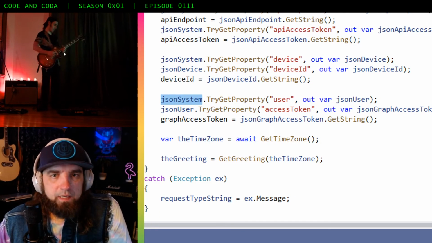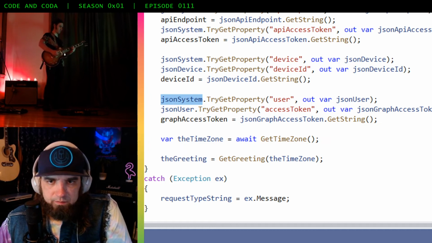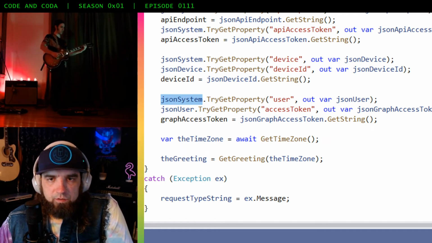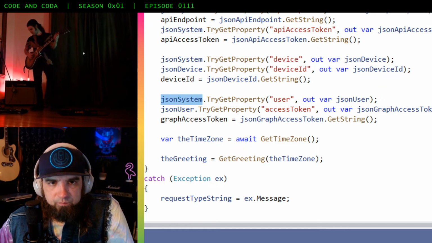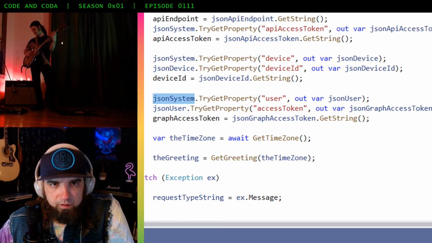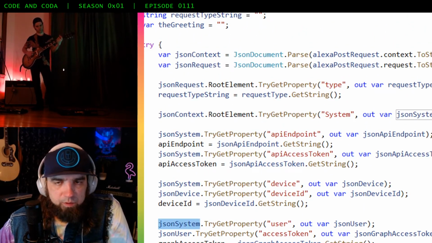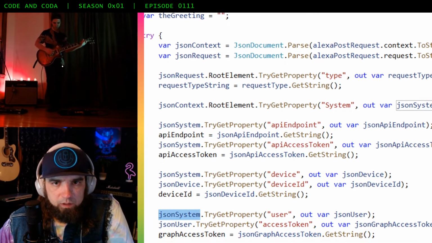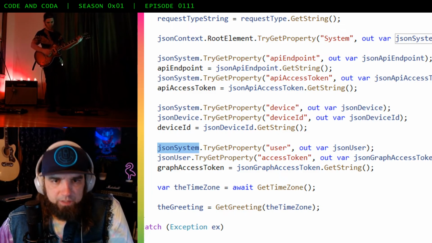what I'm doing is I'm getting the user property out of the system object, and then within the user object is another property called access token. So I'm getting both of those pieces of information. Remember, this all comes from our Alexa post request object that we've been working with. So we're just getting a few more pieces of information here.